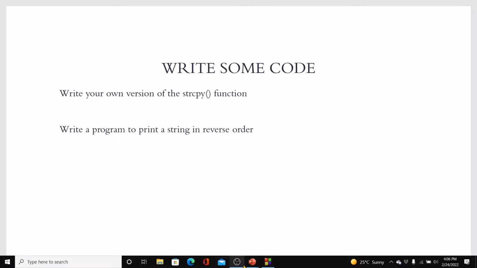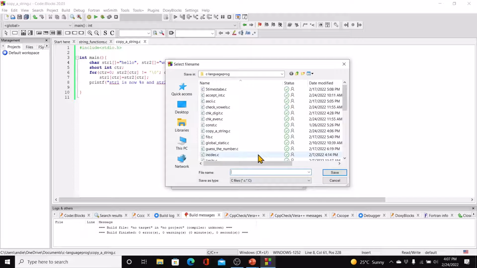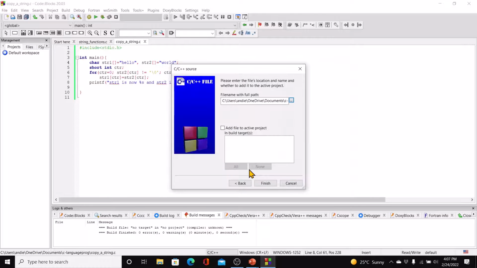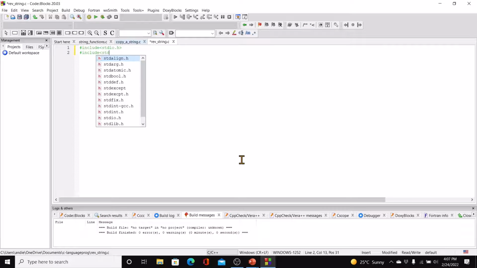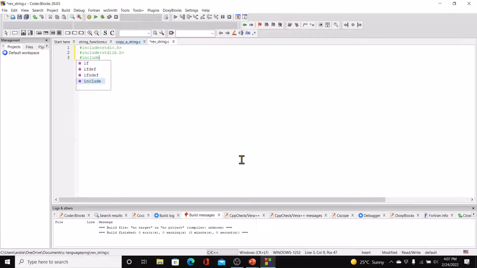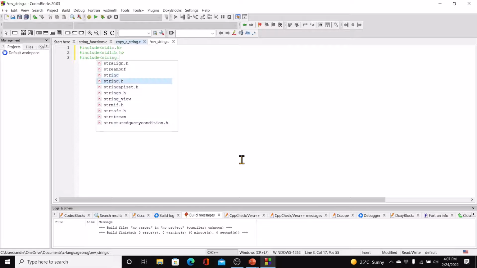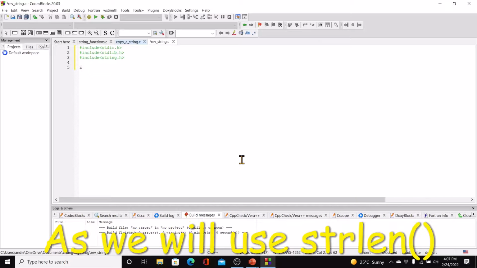So let's call this rev string. #include <stdio.h>, and then #include <stdlib.h> and #include <string.h>. int main,